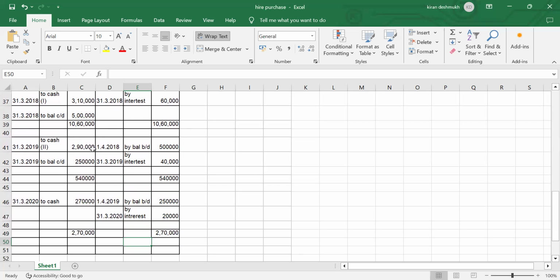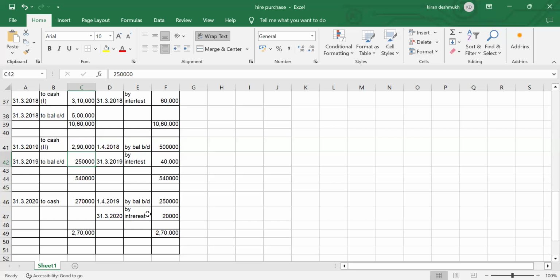Second installment of rupees 2,90,000. Closing balance at the end of second year, 2,50,000. The account will close here for 5,40,000. Closing balance of 2,50,000 will be transferred to the next accounting period, 1st April 19, as balance brought down,